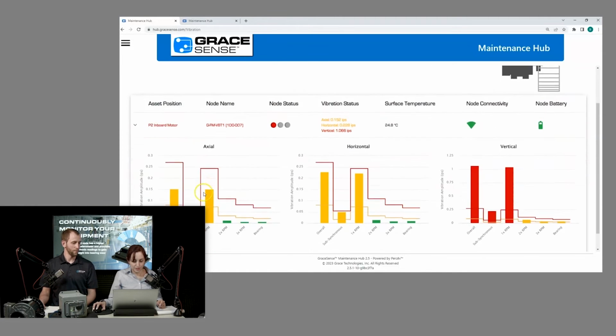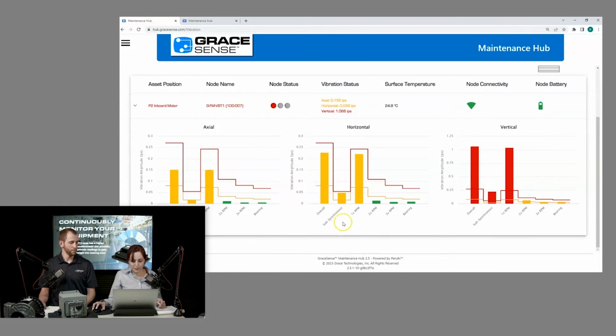So going into the details of what happened. Clearly the vertical axis will be our Y, where we were seeing elevated values when we were on the dashboard. And you can see here those 1.06 inch per second are showing up as way above our